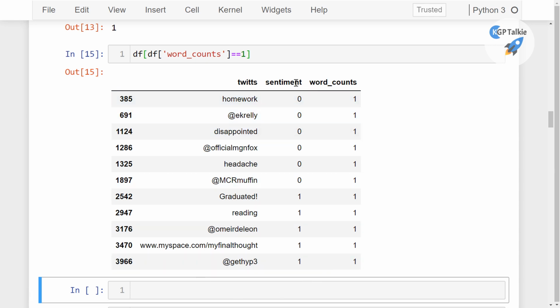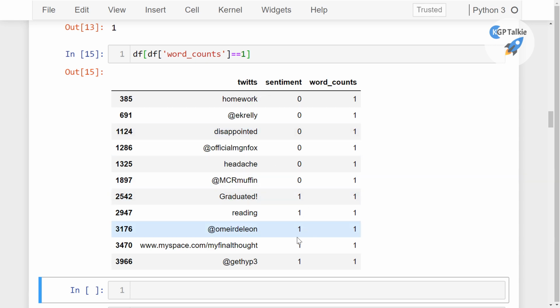So manually we can remove this data. I mean, this data is completely garbage, and of course by seeing these things only you can't say, but with this one you can say okay, this is disappointed, then okay, zero sentiment, and graduated, reading, these things seem a positive sentiment. So what I'm going to do is leave it as it is.